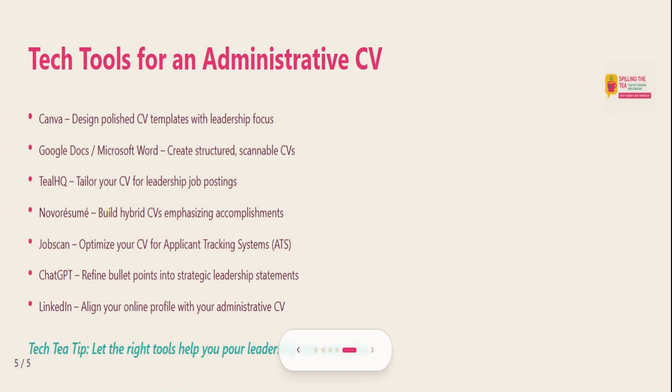Teal HQ is an AI tool tailored to support you with your CV for a leadership job posting. So it will make sure that it is in line with the ATS. Also, JobScan optimizes your CV for the ATS, which is the applicant tracking system. I'm going to give just a little hint: I'm going to do a video on that so you know a little bit more. And then with ChatGPT, you can use it to refine bullet points for your leadership statements. And then, of course, you want LinkedIn to align with your online profile. So you have it here. I hope these tools